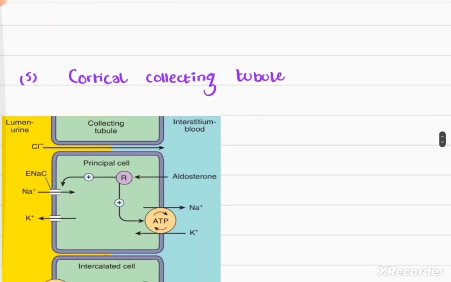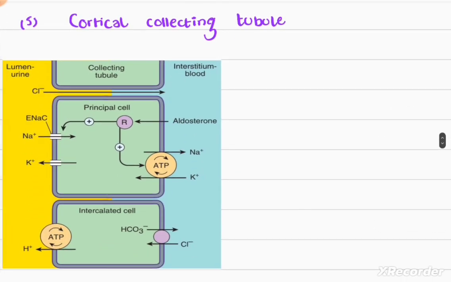Moving on, we have the last segment, which is the cortical collecting tubule. In the cortical collecting tubule, we have aldosterone. The main